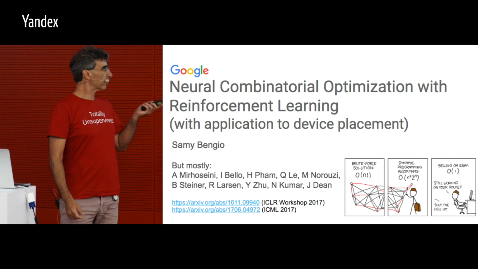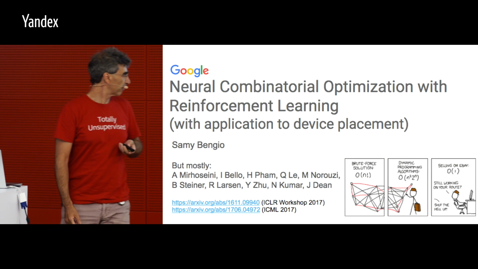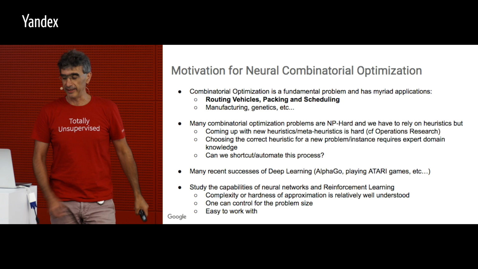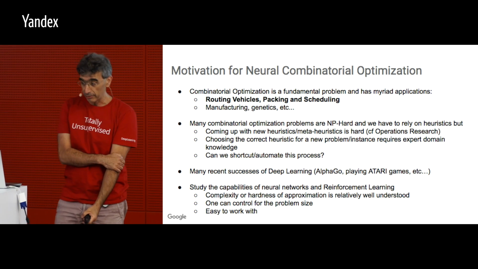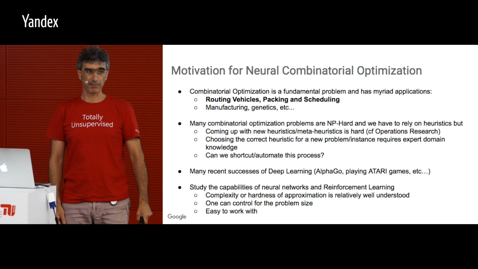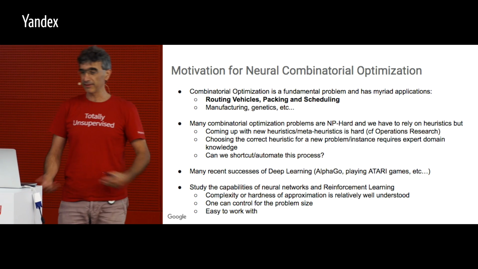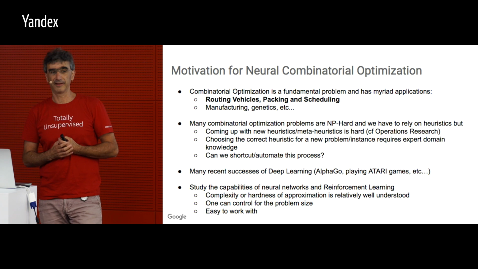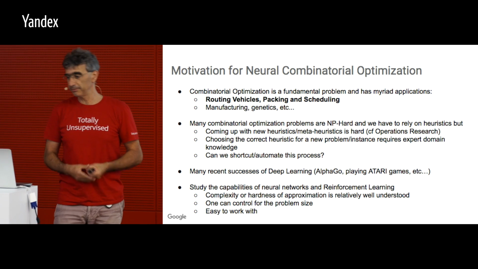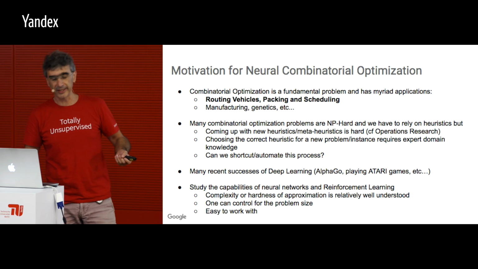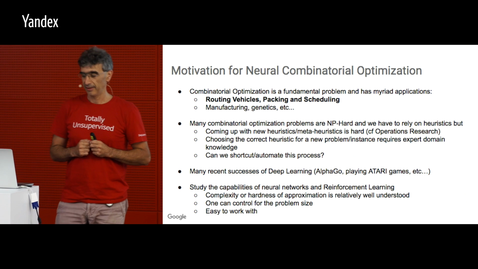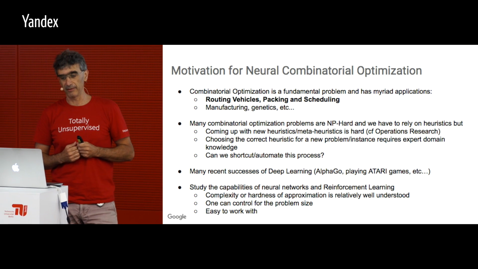Okay, so the content of these talks are available in these two archive documents, if you're interested. So let's see. I want to talk about neural combinatorial optimization. Combinatorial optimization is a problem that we have to solve every day. There's plenty of actual problems underlying this, like the traveling salesman problem, packing, scheduling, manufacturing. There's a lot of problems that at some point need to solve some combinatorial optimization problem, and what we usually